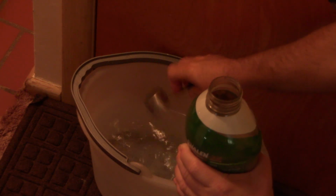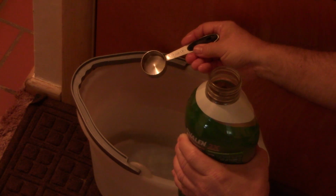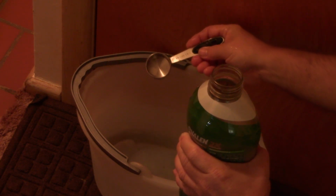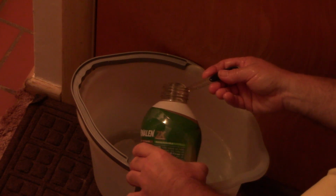Over at the cloud cam, I have my hot water. I've got my 1/8 cup measuring cup. It's 1/8 cup, 30 milliliters, 2 tablespoons,